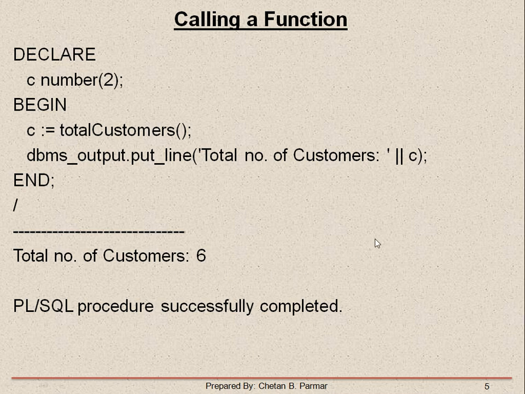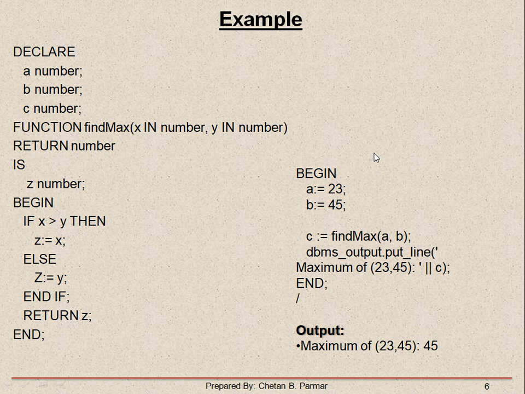Okay, next I am giving a little bit bigger example of how it works. The main purpose of this function is to find the maximum value from the given two numbers. For that, I am creating a function inside a PLSQL block. You can see here, I am creating a function inside a PLSQL block. See how. First, the declaration section of PLSQL has a, b and c variables of type number, three variables.